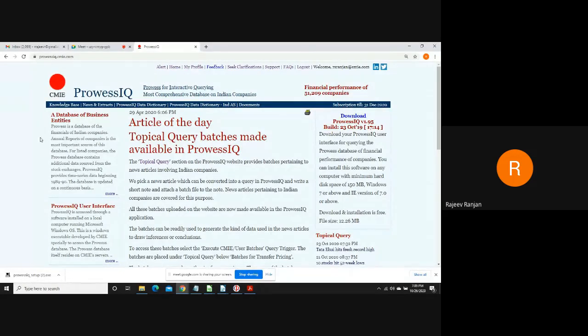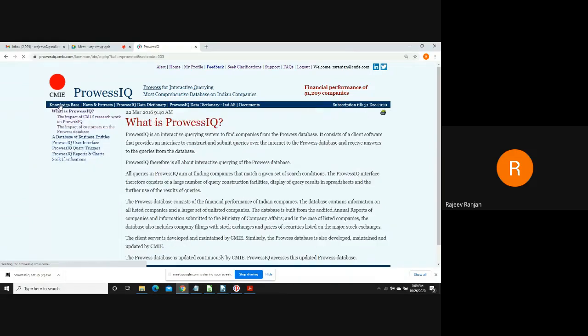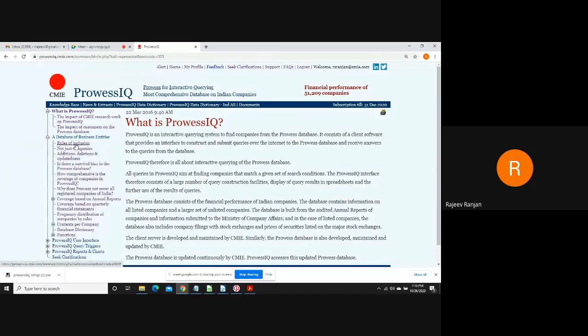If you see this website, provisiq.cmi.com, it has certain features which will help you. This is a support site filled with a knowledge base. The knowledge base will give you lots of information about what Provis is and what kind of companies are being covered, such as the rule of inclusion.